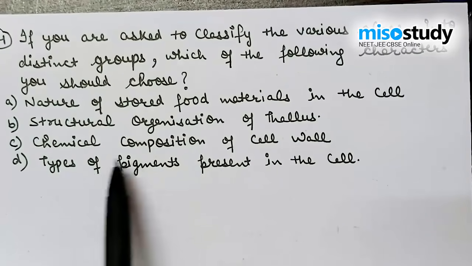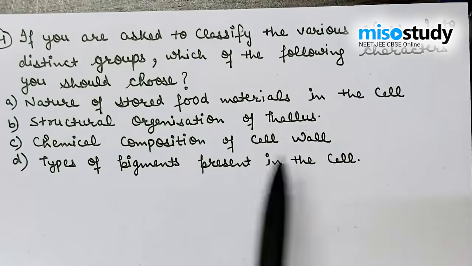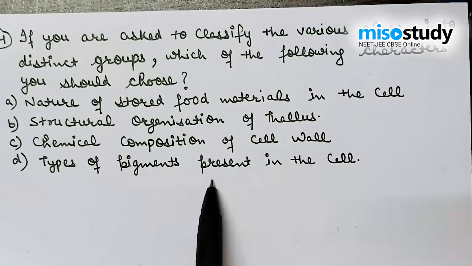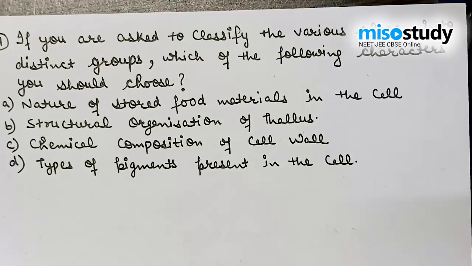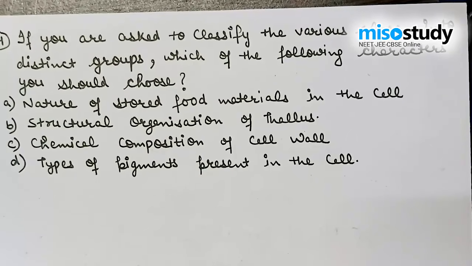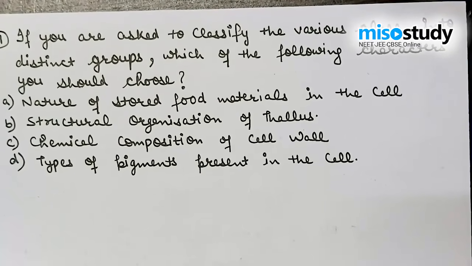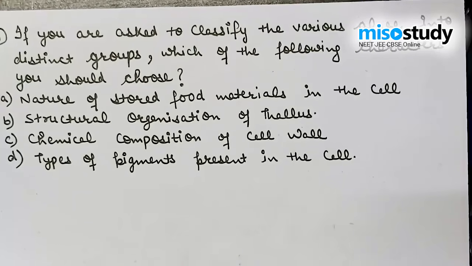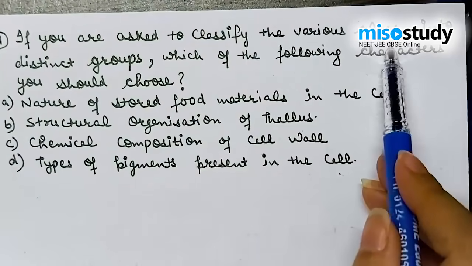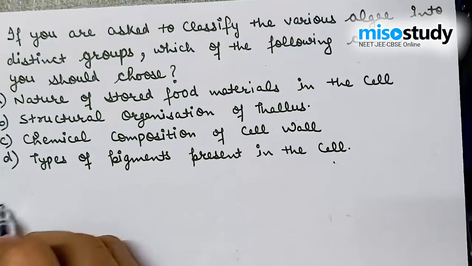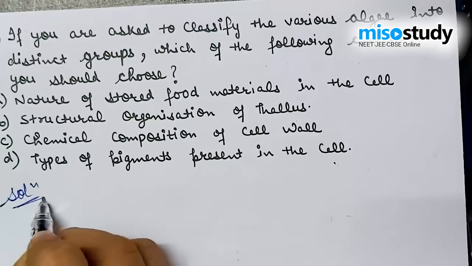C includes chemical composition of cell wall. And D includes types of pigments present in the cell. To discuss the various groups, out of the four options we generally choose for the categorization of the algae, here are the options and the solution is,